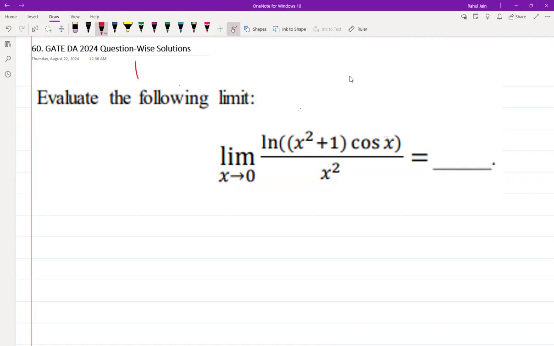The following question was asked in GATE DA 2024. The question is as follows: evaluate the following limit, and the limit is given. So I need to solve it using L'Hospital